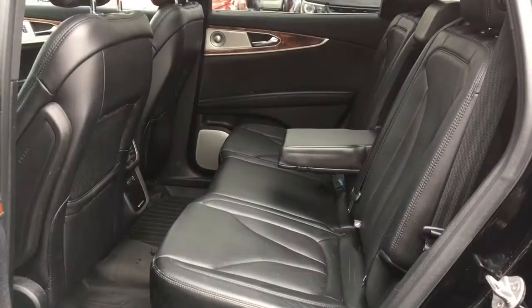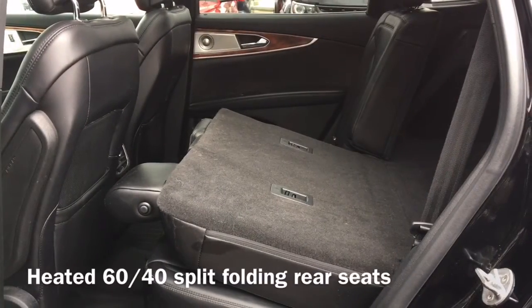And finally, moving to the back of the vehicle, we have our heated 60/40 split folding rear seats,